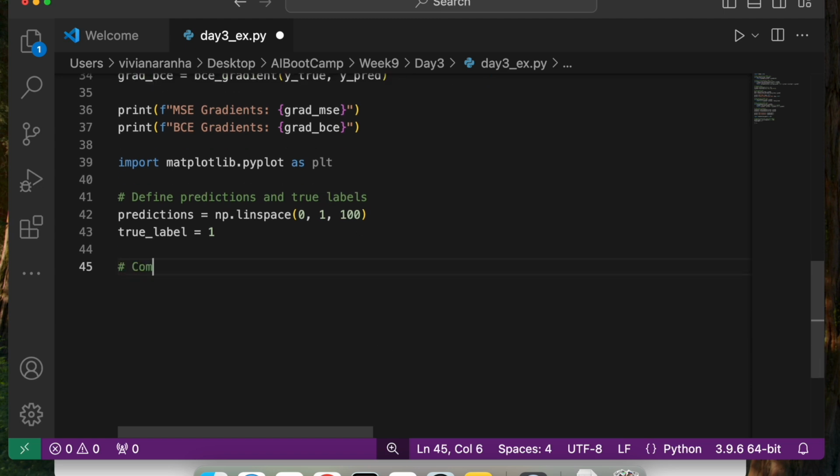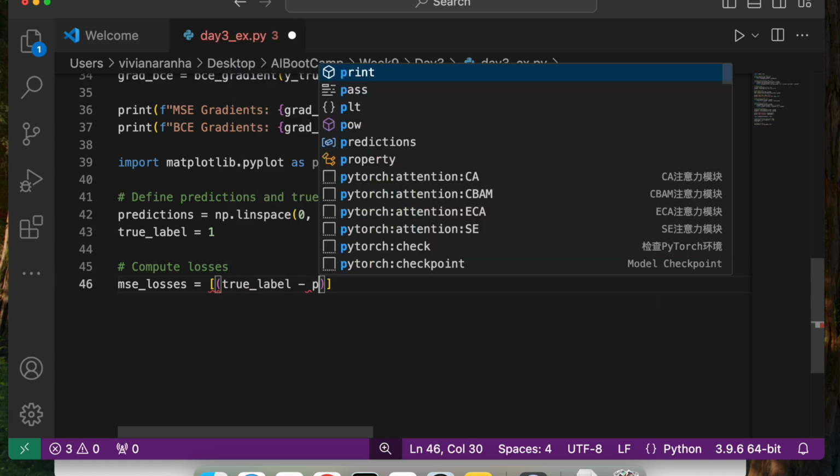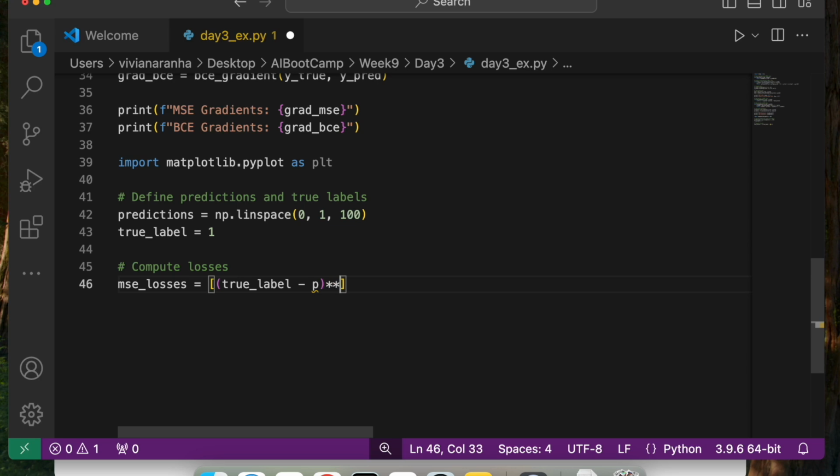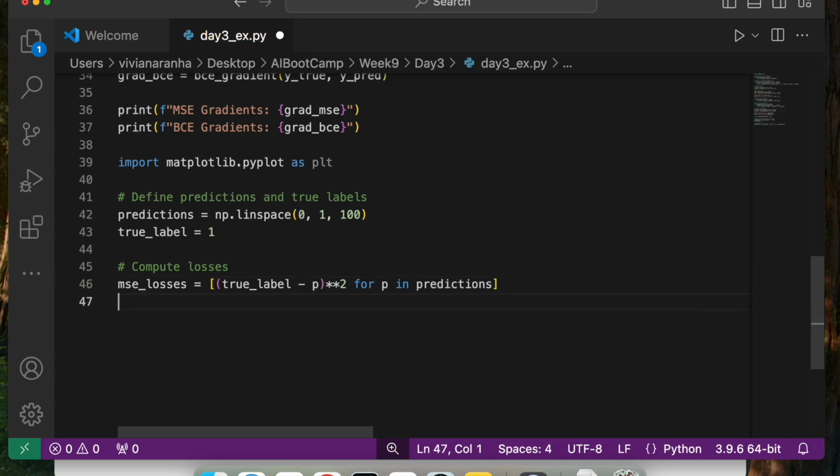Next, I am going to compute the losses. To compute the losses, I'm going to say MSE losses equal to (true_label minus p) squared for p in predictions. So for all these predictions, I'm getting the MSE losses.